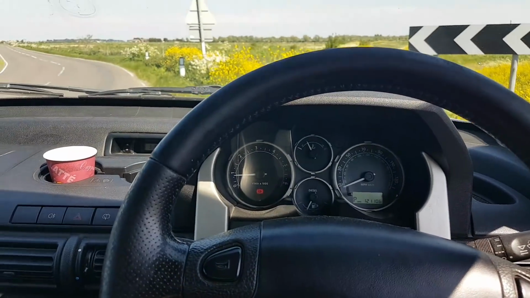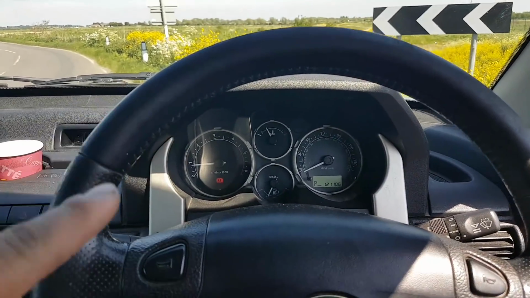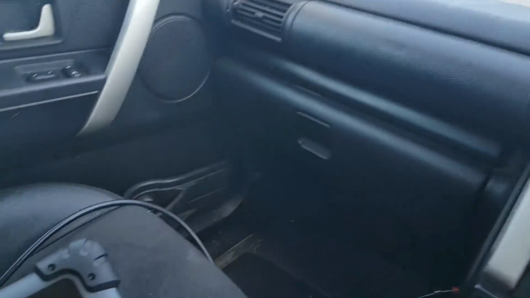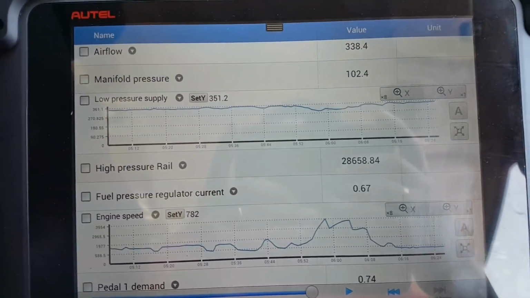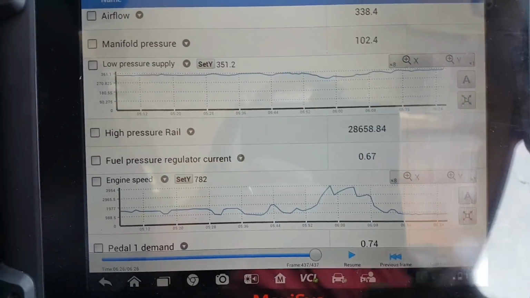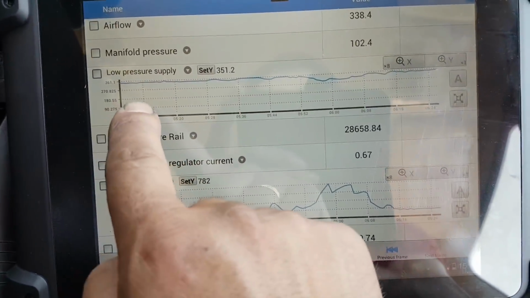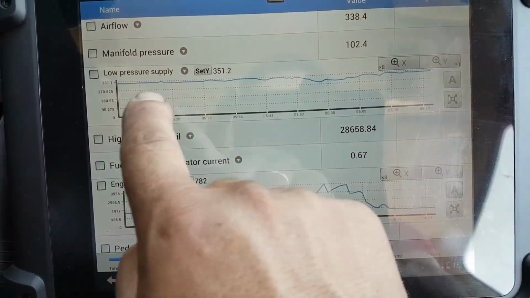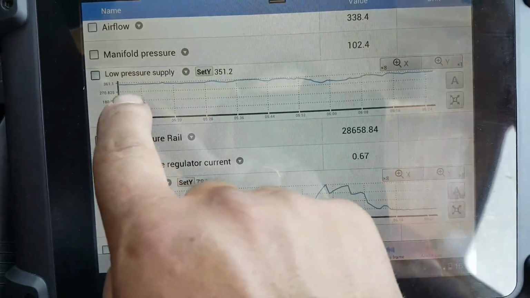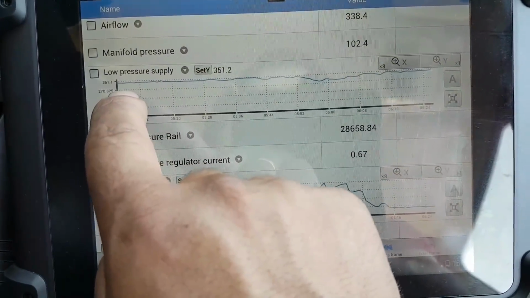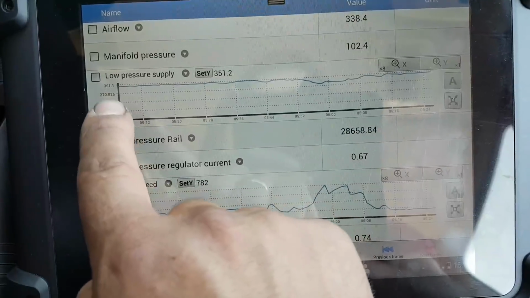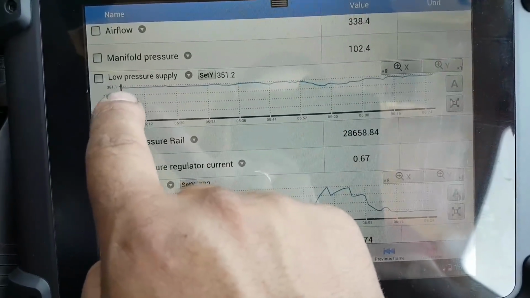Okay guys, I just came back from a drive. I parked exactly where I parked in the morning, and I'm really happy with the results. So I've recorded a little bit of live data, and this is the fuel low pressure supply. So it is 217 there, 361 in there,